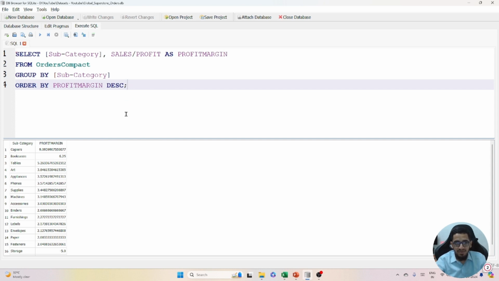Great. So this is how we can do sorting in SQL using an expression. The expression that we used was an arithmetic calculation. In the coming videos, I'll show one with function and one with a